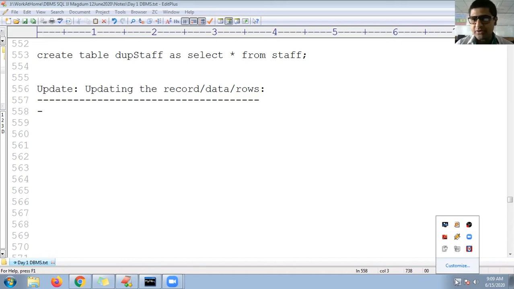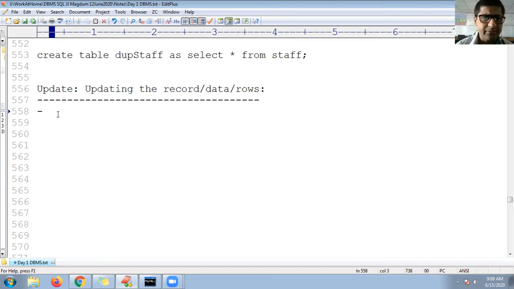What is the purpose of the update DML command? So guys, yesterday we have seen other commands like DDLs and DMLs. In the DDLs you have seen create, alter, rename, drop, truncate and delete. And in DML we have gone through insert, and today we shall see about update. So what is the purpose of update?